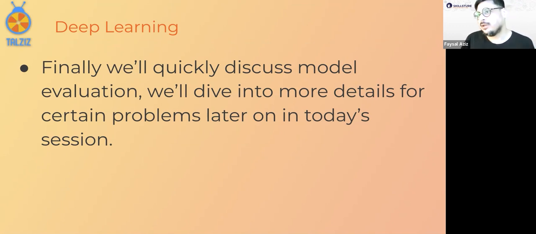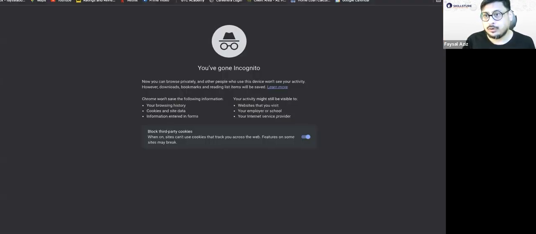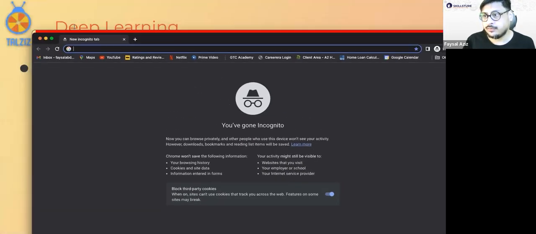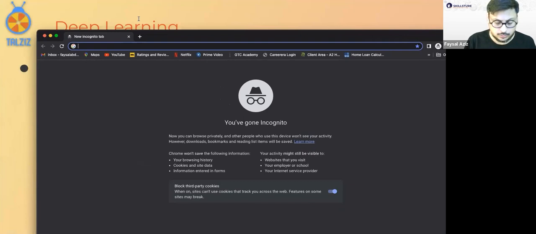So I don't want you to install anything in your computer. We can use the browser. We can use something called Google Colab. Now, how I use it is, if you can open a window and search for Google Colab.